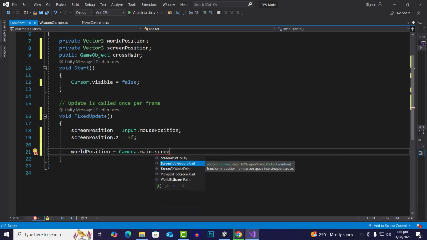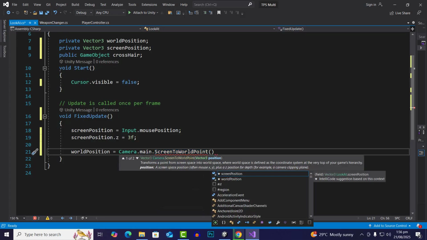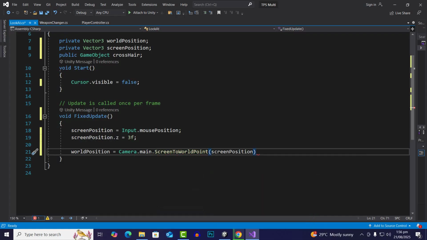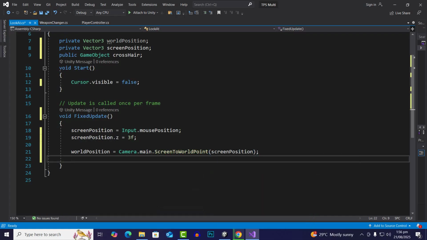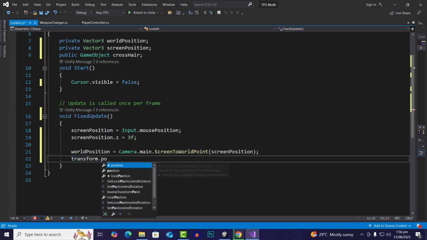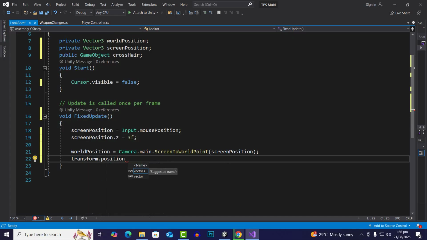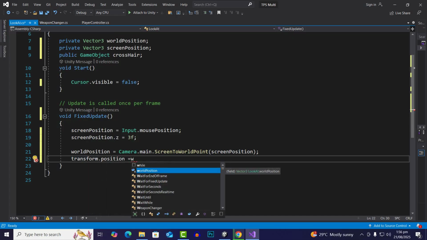Okay, ScreenToWorldPoint, and then you can just say screenPosition. After that you just make the transform.position will be equal to worldPosition,